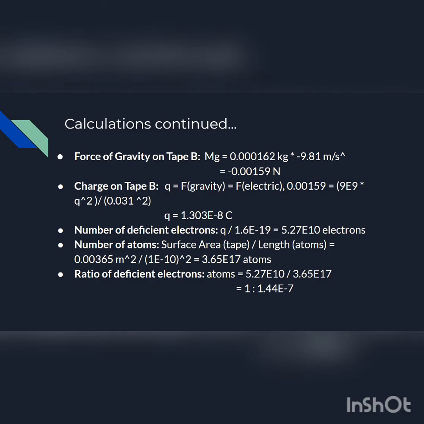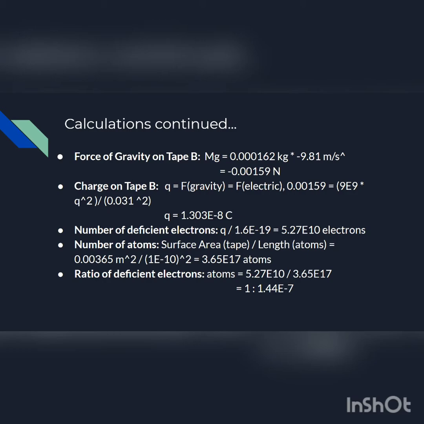Okay, so first of all, we want to find the force of gravity on tape B. We just use mass times acceleration, which in this case is the gravitational constant, negative 9.81, and we've calculated that the force is negative 0.00159 newtons. To calculate the charge on tape B, we set the force of gravity equal to the force of the electric charge on tape B. We find that the charge is 1.303 times 10 to the power negative 8